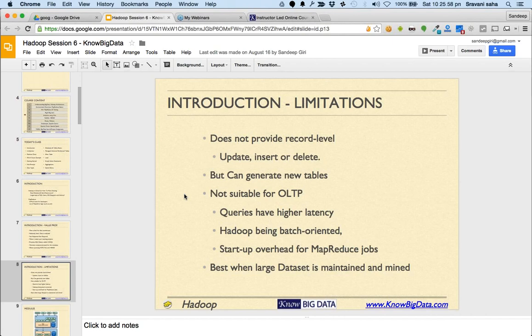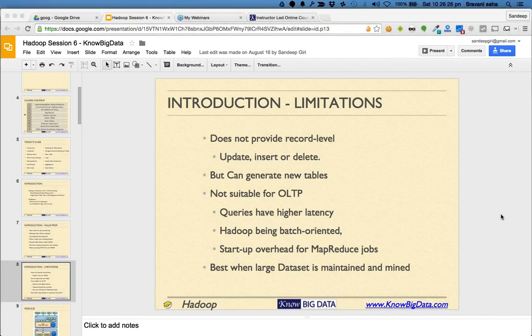Reason being that there is a high latency, because Hadoop being batch oriented, there is always a setup overhead for every MapReduce job. So Hive is great in case of data warehouse. It's good for churning the large data set which is maintained and mined. If you want to mine,